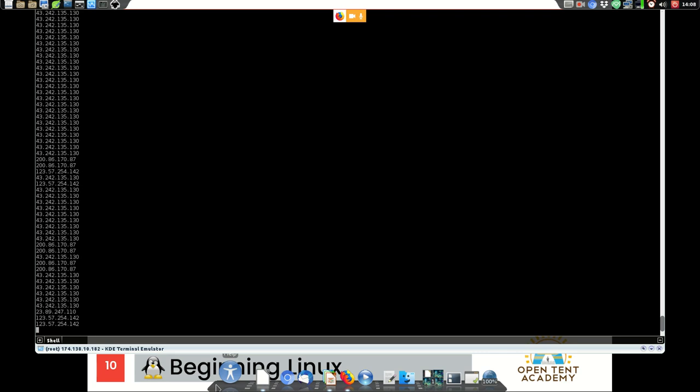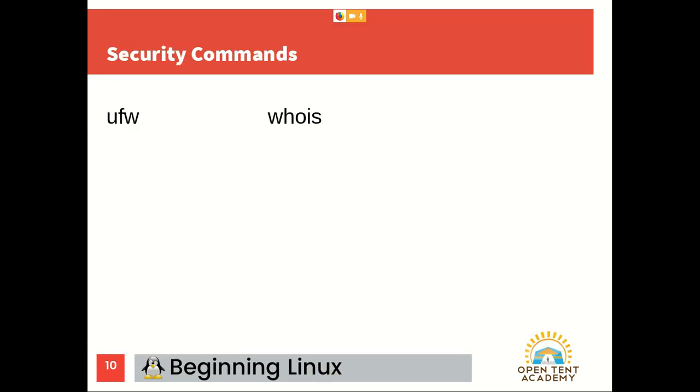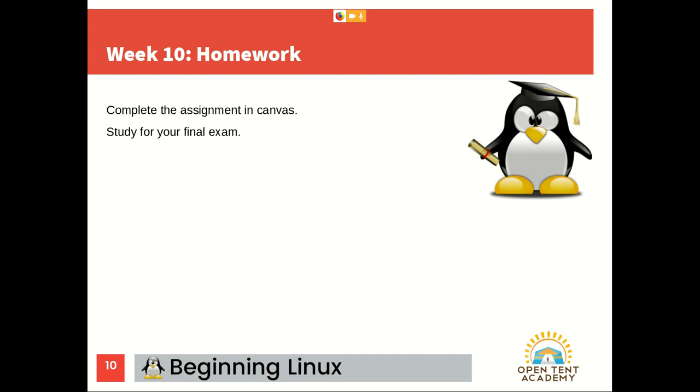So it gives you a little taste of server administration and networking and how to protect your computer. There are a bunch of other things. And we've now come to the end of the course. Wow, okay.